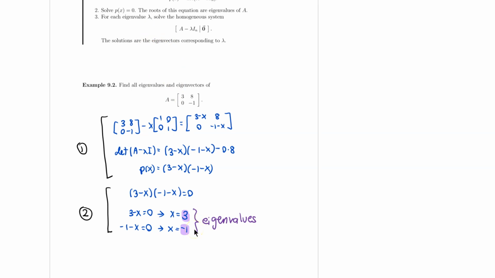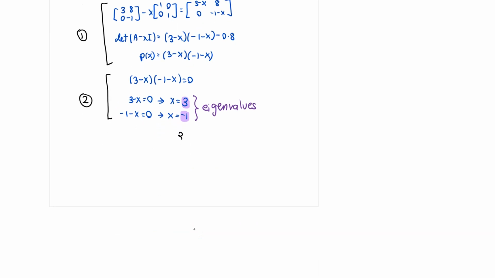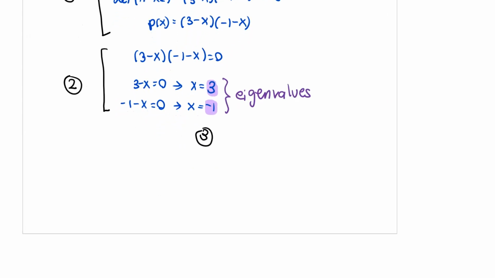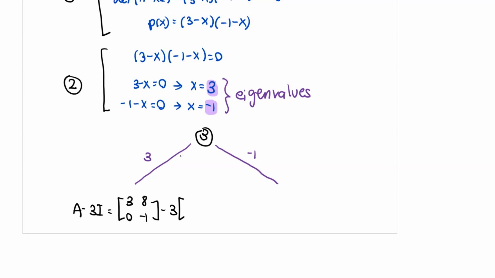Now, for the third step, I would like to find all the eigenvectors that correspond to each of these eigenvalues. So for step 3, I need to find the eigenvectors that correspond to these two eigenvalues. I'm going to have that my eigenvalues are 3 and negative 1. Now, if my eigenvalue is 3, I'm going to compute A minus 3 times I. So in this case, that's going to be 3, 8, 0, negative 1, minus 3 times I, which is 1,